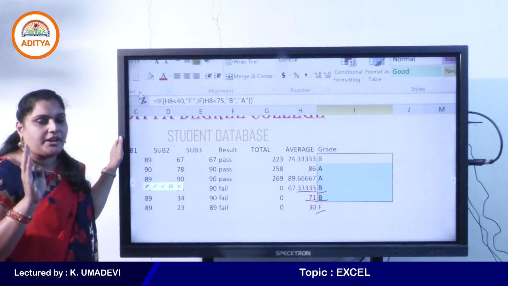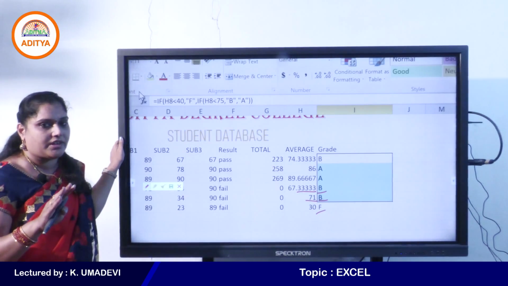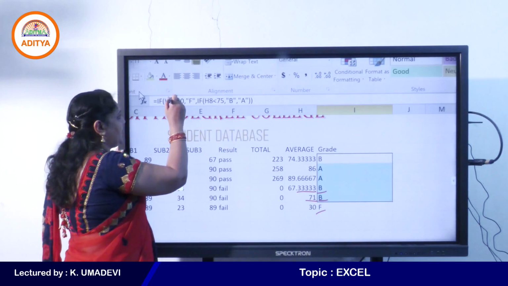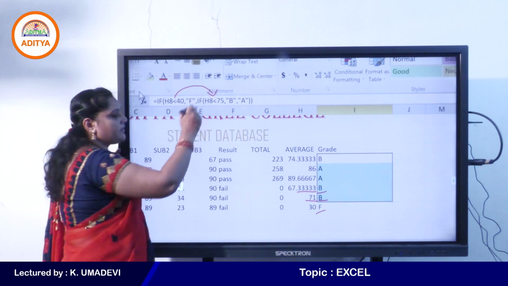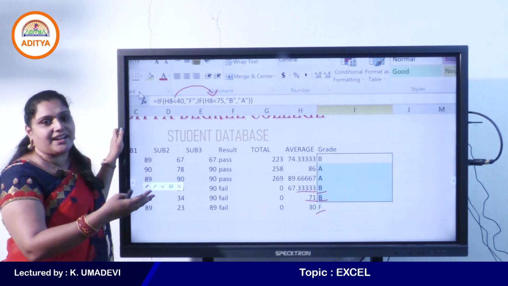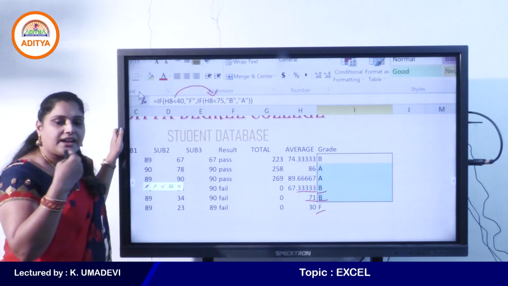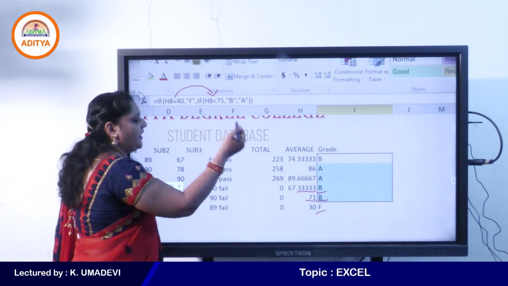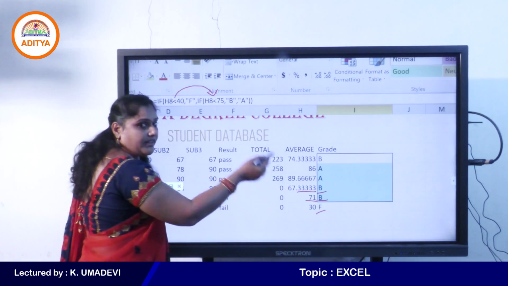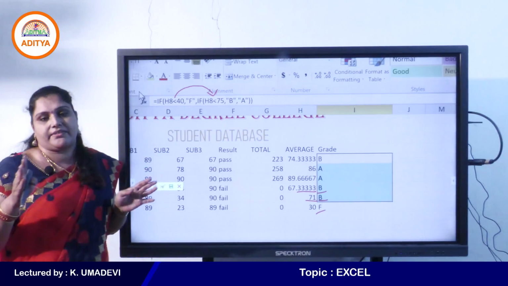So no, 89.6 is not less than 40, then this condition is false. Then it will directly jump to the false value. Again, instead of false, we can check another condition. That means we can construct another condition using if. Again, the H11 value, that is 89.66, is compared with 75.